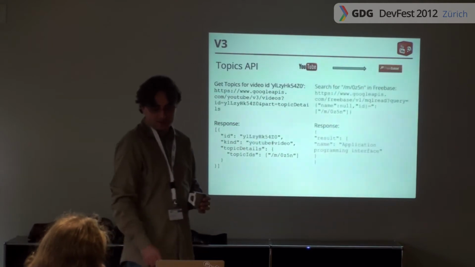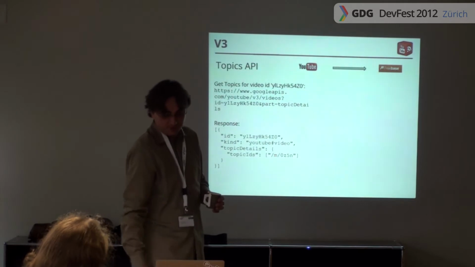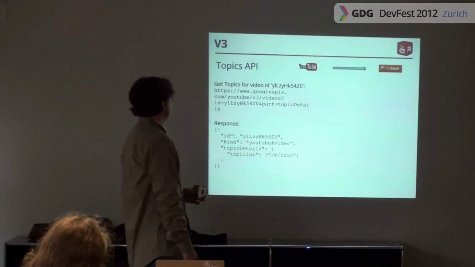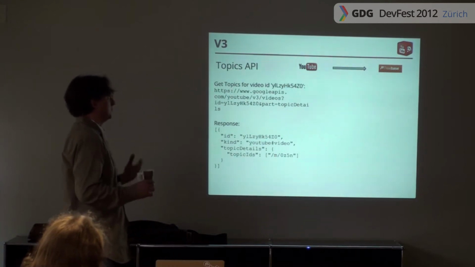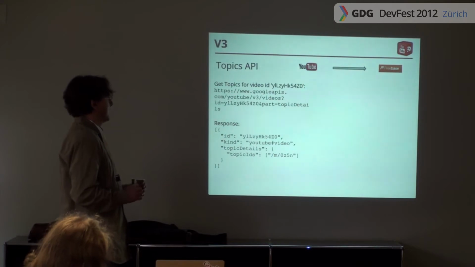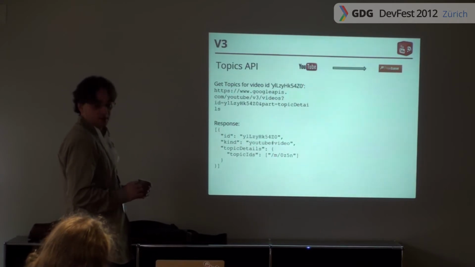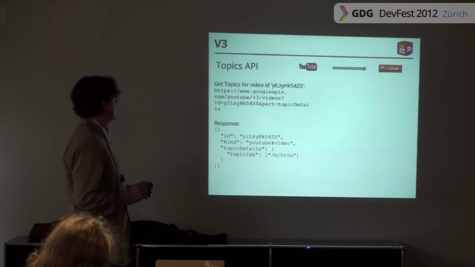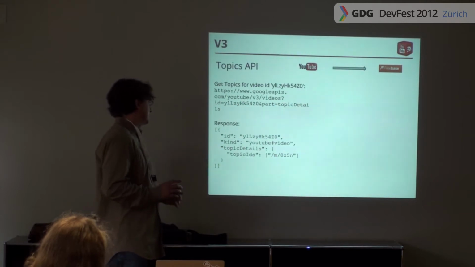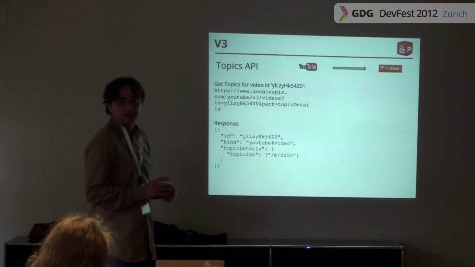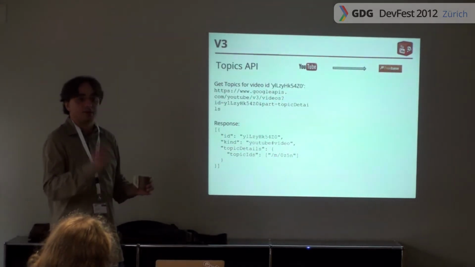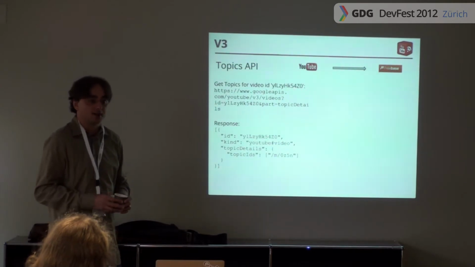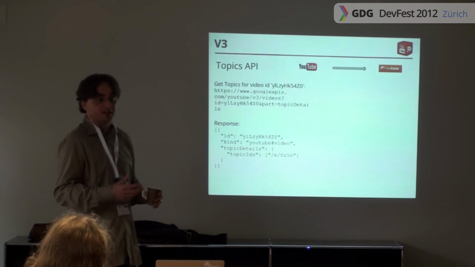The other way around works like if you have a YouTube video, then you can ask for the topic details. This is the new design of the API that I'm going to get into a bit later about partial sources, but you can specify that you want the topic details about the video. You're going to get the topic details. Like this video, for instance, is only one that we identify, but it can have more. Like if the video talks about different things, then you're going to identify that it is perhaps about a city, Sacramento, and about Lady Gaga because she had a concert there or whatever she's singing there in this video.